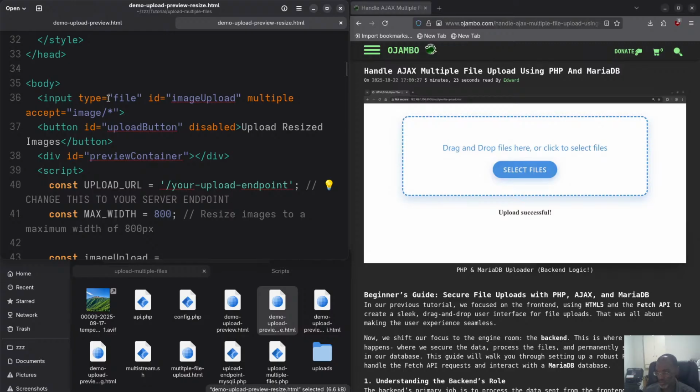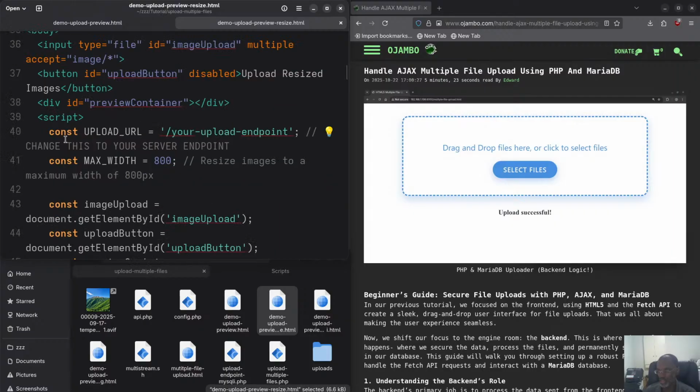Again, as you see, the input is exactly the same. It's type file. Multiple means it accepts multiple files, and you accept images. And then here we have a button to upload. Right now it's disabled. You put disabled, so it's going to be a light grayish to indicate it's disabled. We also have a preview container, same as well. And here you see it says upload URL. Obviously, I haven't shown you the endpoint yet. The max width is going to be